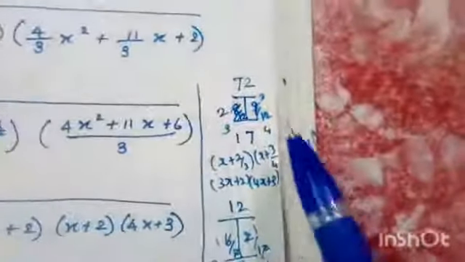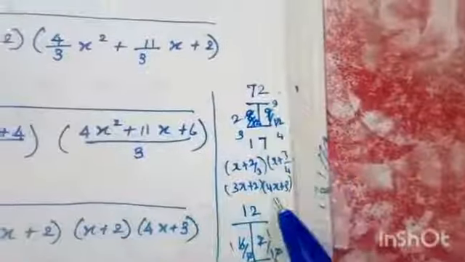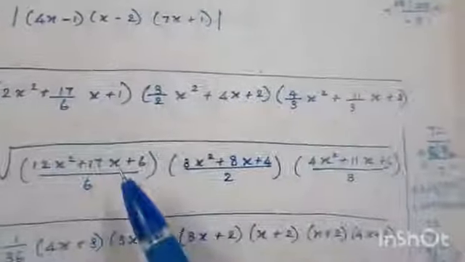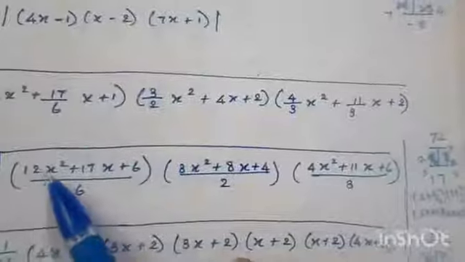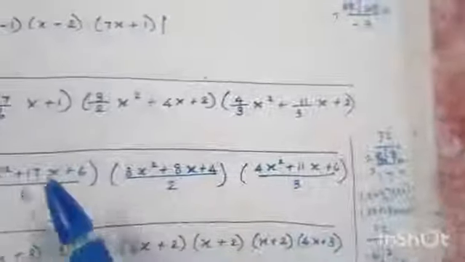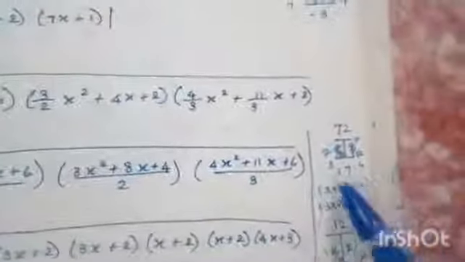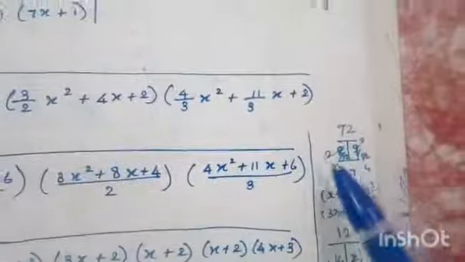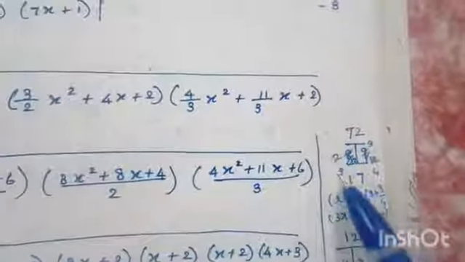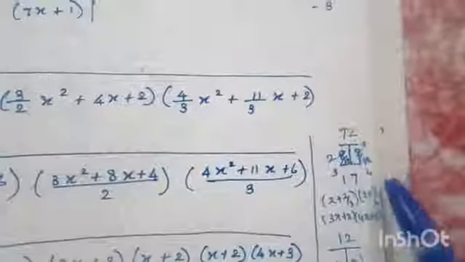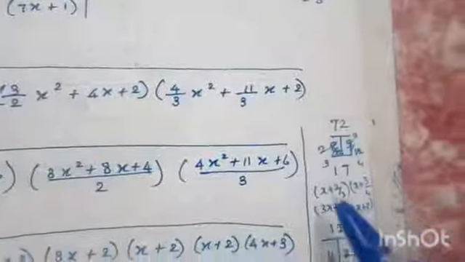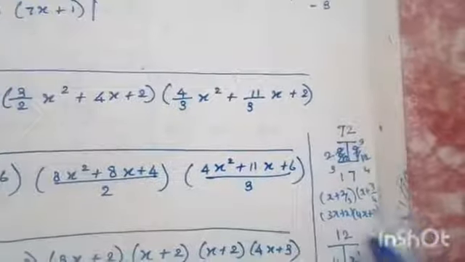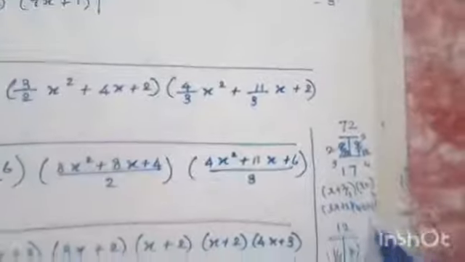Students, the factorization, anybody have a doubt, refer with this. First one is 12x square plus 17x plus 6. So you have to multiply 12 and 6, that is 72. The adding value is 17. So the factors are 8 and 9. Then divided by 12. Fourth table, 2 4s are 8, 3 4s are 12. Here 3 table, 3 3s are 9, 4 3s are 12. So x plus 2 by 3, x plus 3 by 4. So that is 3x plus 2, 4x plus 3.